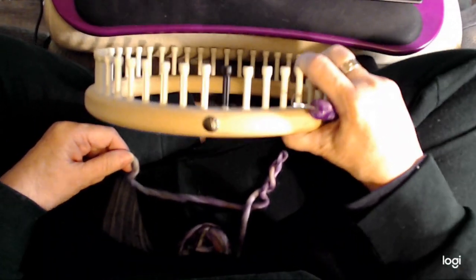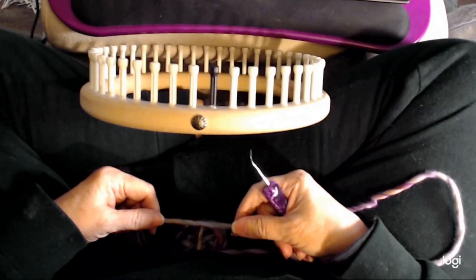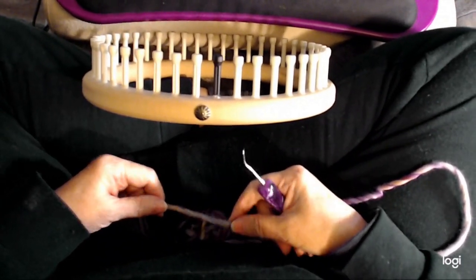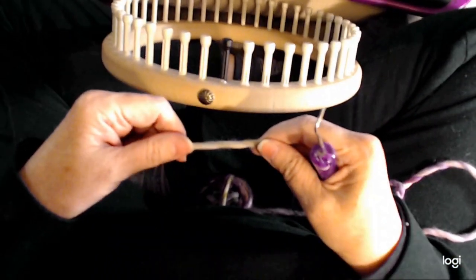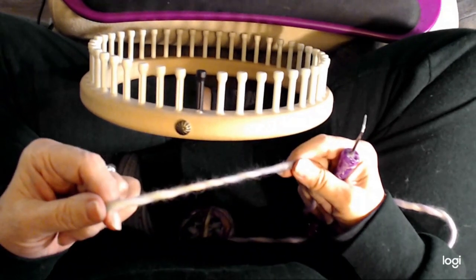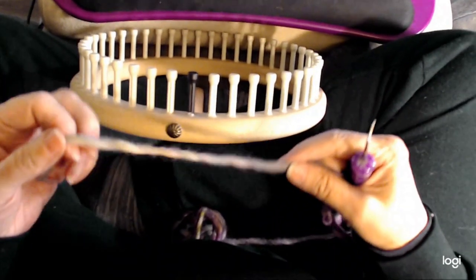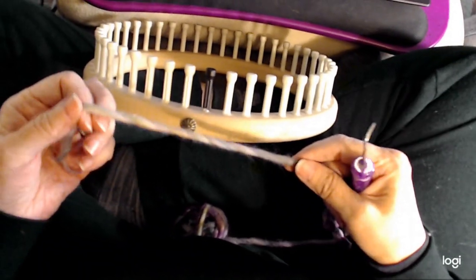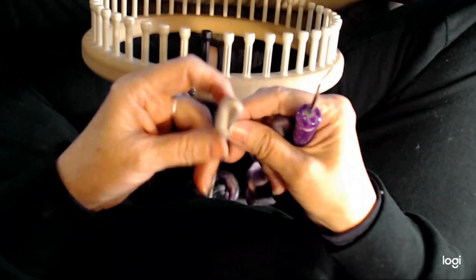Okay, so I'm going to show you how I cast on and do my first couple rows to get that effect at the front of the brim. Okay, so you can use any yarn and loom. It doesn't really matter. Just make sure that they match for how tight or how loose you want the stitch. So the first thing I do is I'm just going to make a slip knot